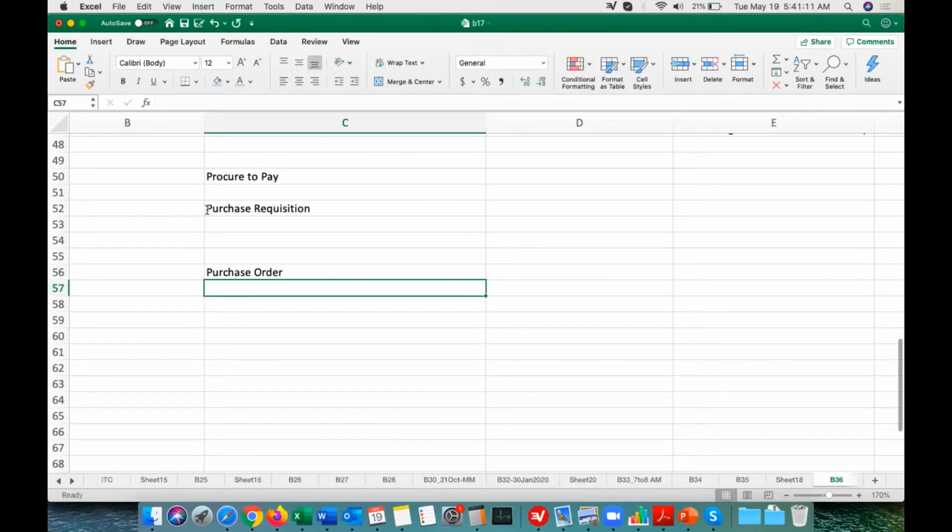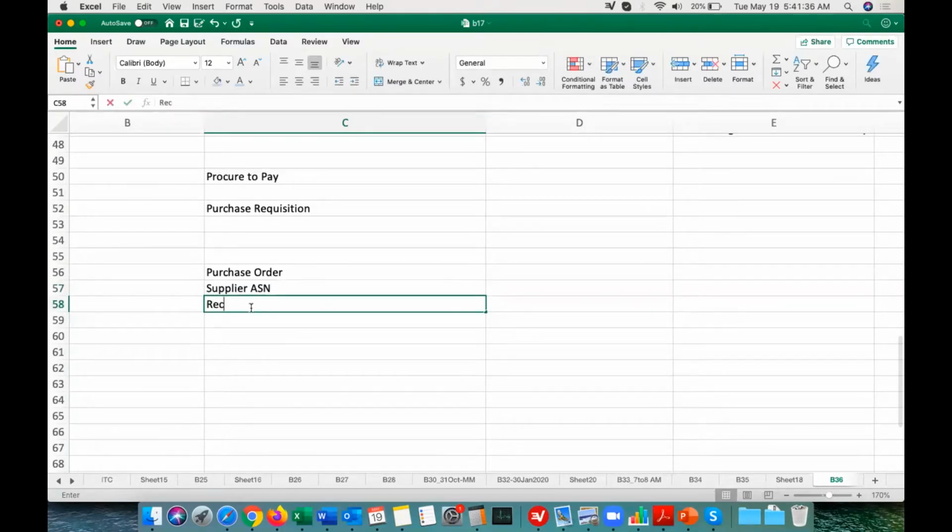Then once the order is created, the supplier will create the ASN, the advance shipment notice. They may not always create the ASN, but the supplier will send out a message, or they will create an ASN.